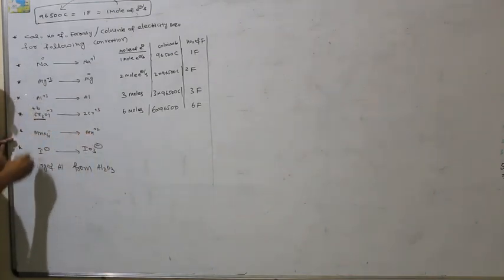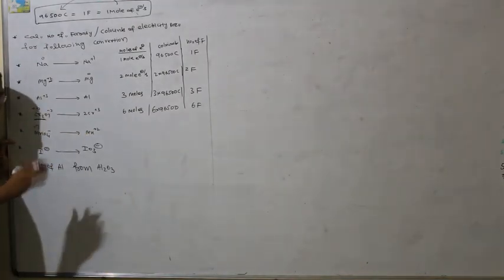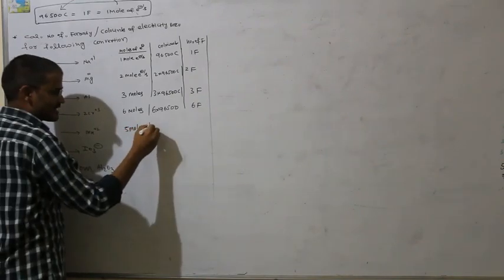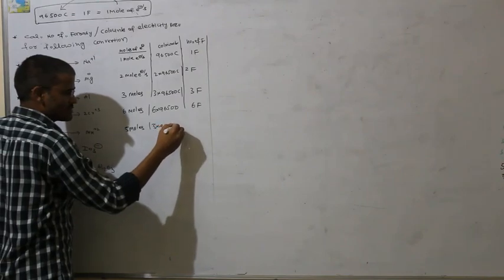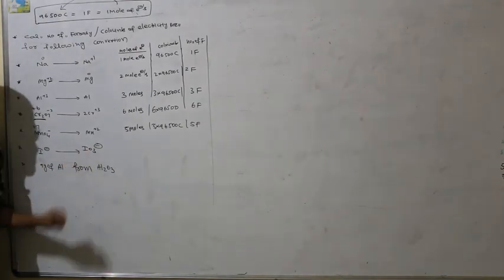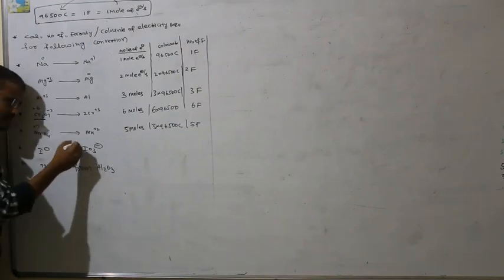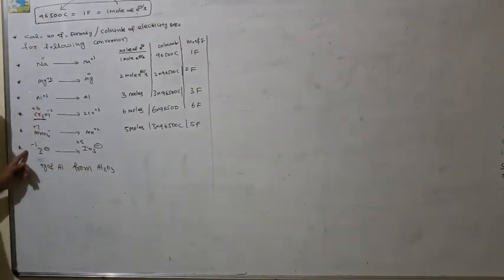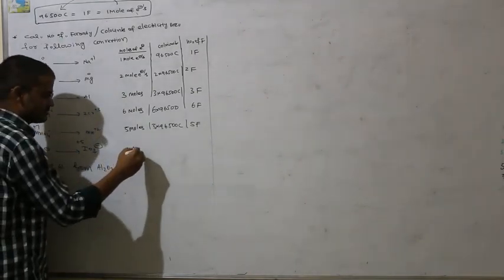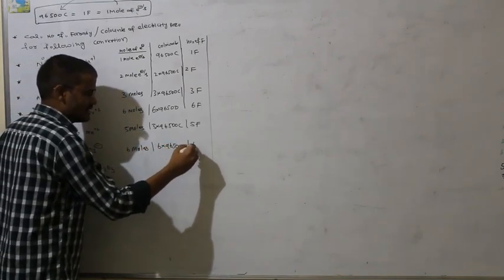Same way here, MnO4 minus into Mn plus 2. Oxidation number plus 7 converted into plus 2. Change in oxidation state is 5 units, which means 5 moles of electrons participated. 5 moles of electrons means 5 into 96500 coulombs, nothing but 5 Faradays. Same way, I minus becoming IO3 minus. In I minus, iodine oxidation state is minus 1. In IO3 minus, iodine oxidation state is plus 5. So minus 1 to plus 5, total change in oxidation state is 6 units. So it becomes 6 moles, or 6 into 96500 coulombs, or 6 Faradays.